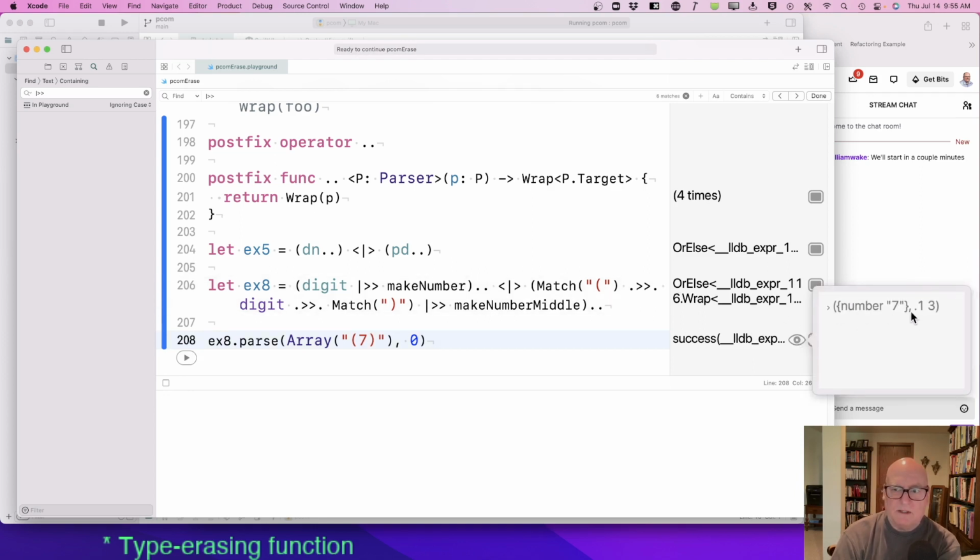Okay, that's the expression. And 3 is the position. 0, 1, 2, 3 at the end is where it should start. Okay.